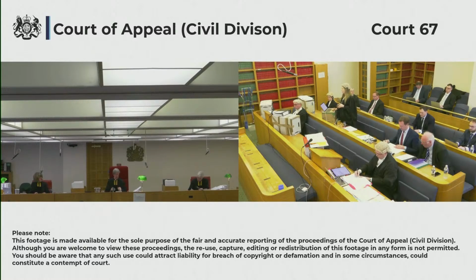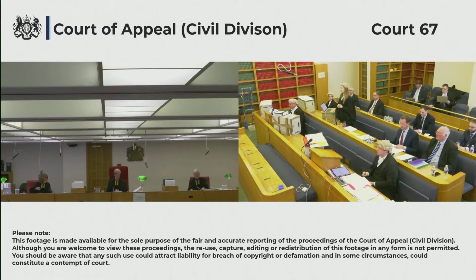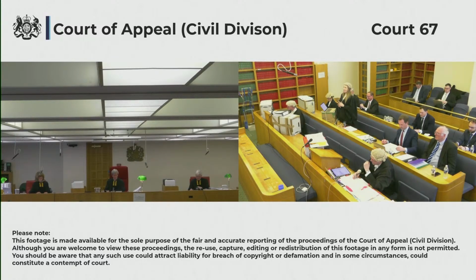Is this the example that's given in your skeleton argument? No, it's a slightly different one. Is there some reason to have a different example? Personally, I found the example in the skeleton hard enough to follow, but at least it's there in front of one in black and white, and so one can try and get one's head around it. I've chosen a different one because the rates of tax work better. All right, so you think you've got a better example? I think I do, but I'll try.